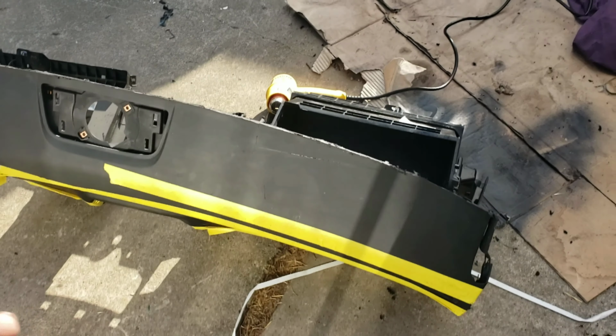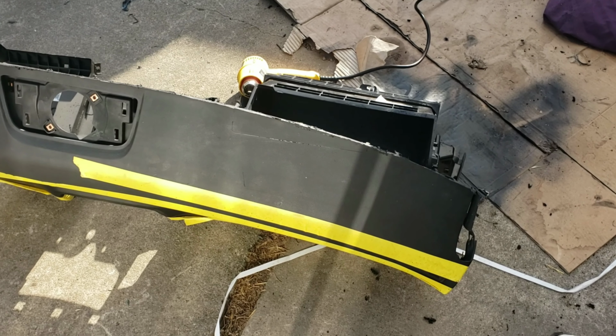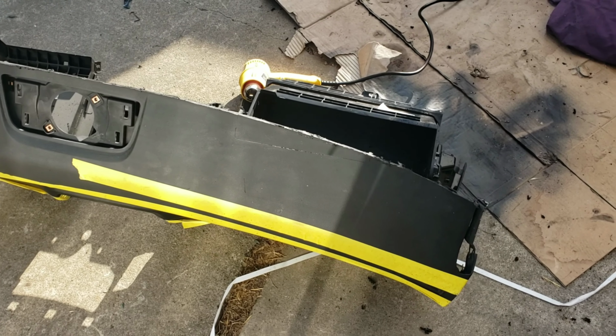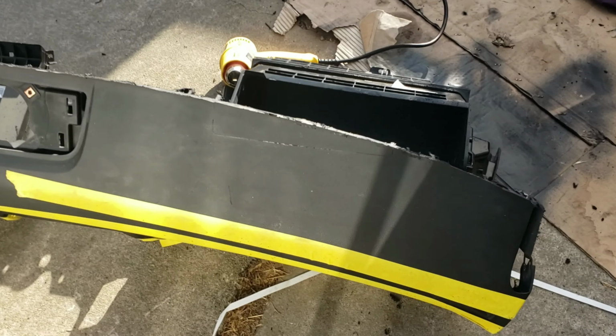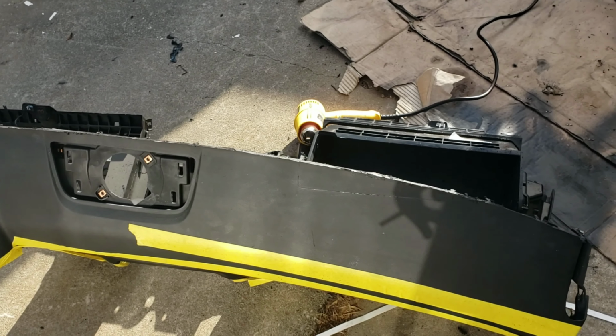Or I could wrap the top. It's not like it's rocket science, and it's not very intricate to wrap anyway. So that's probably what I'm going to do. But you could totally see that. But I have some other scratches on it and stuff, so I think it'll be better, and it'll be